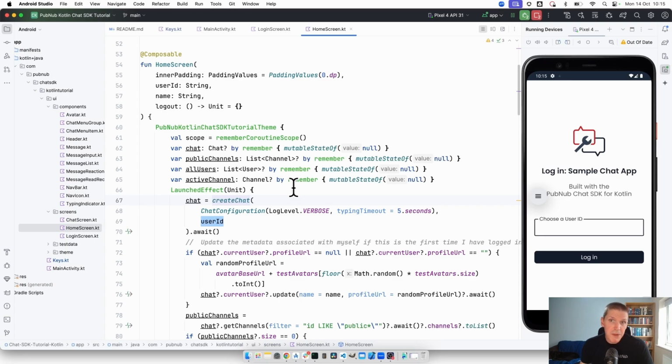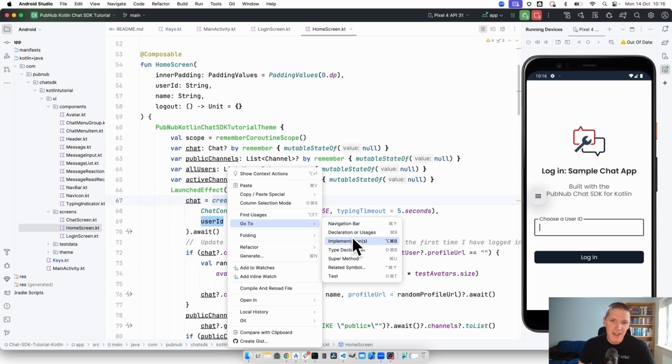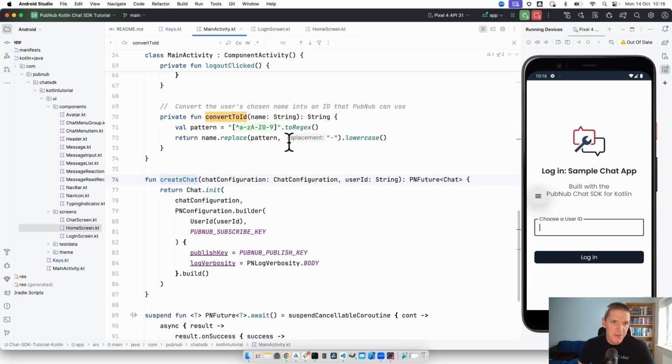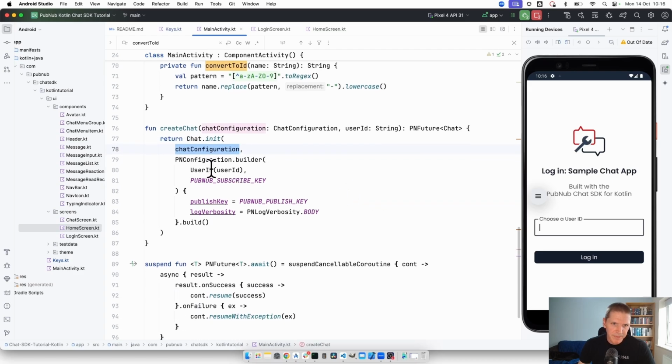So if you're familiar with PubNub and you've used our core SDKs in the past, the first thing you do to use those core SDKs is initialize the PubNub object. Here, the concept is essentially identical. In fact, many of the parameters are identical between the two API calls. So if I go to the implementation of create chat, we're calling chat.init, giving it a chat configuration, and we're building that with the user ID, the subscribe key,